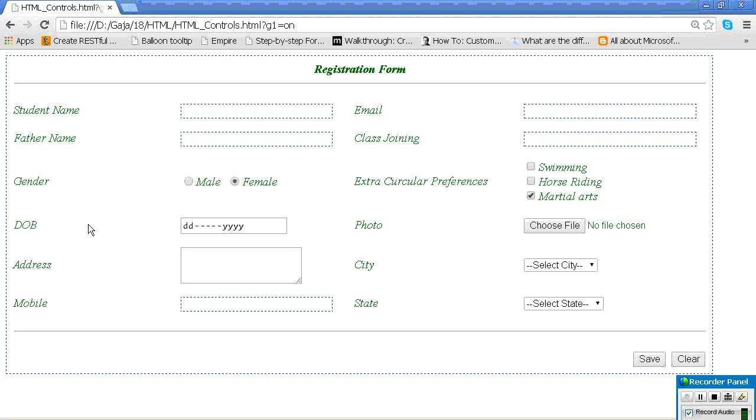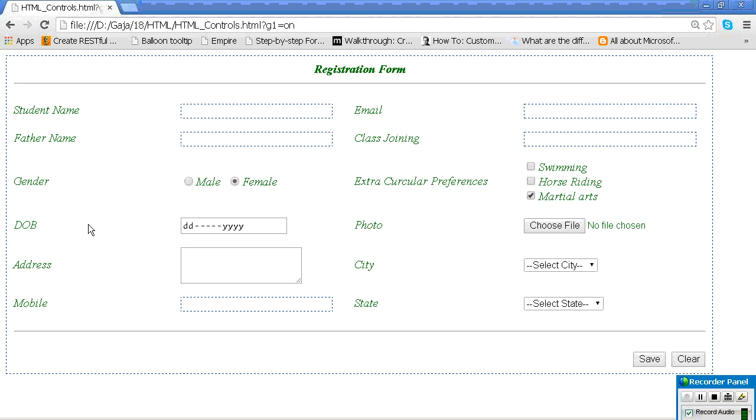Unnecessarily, why do we need to have the same code everywhere? We should have some reusability, right? So that is why duplication is not allowed. Maintenance will become more difficult. In future, if you want to make some changes in anything, maintenance will become more. So to avoid that, what we do is internal style, where we write in the header using the style tag. In between, if it is your own style, you give your style name and attach it to the control by using the attribute class equal to the style name without the dot.